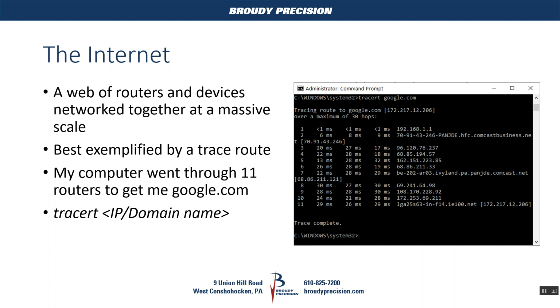What you do is you open up a command prompt, you run this command, tracert, and then you type in the domain name or the IP address of the server that you want to get your routes between. And when you run that, you get a list of the routers that your computer will go through in order to get to that server, in our case google.com, which is this IP address. So when I run that, I have 11 routers that are between my computer and the outside world, and that